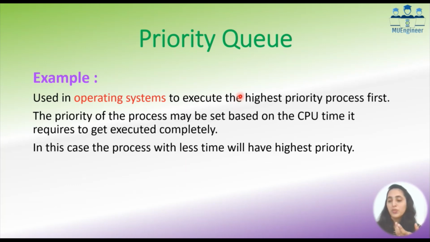Okay, जब भी हम लोग कंप्यूटर्स को यूज करते हैं there are many more areas where it is being used. This is one of the smallest examples. So the priority of the process is nothing but, ये जो मैंने तीन आपको बोला ना, different different requests मैंने दिया, ये तीनों processes हैं. So ये process का priority is based on the CPU time. That means run time कितना लगता है, as I told you in seconds or minutes, to get completed and executed. So उसका time identify होता है, and in this case the process which requires less time will get the highest priority. मतलब वो सबसे पहले execute होगा, and then accordingly it will go ahead.